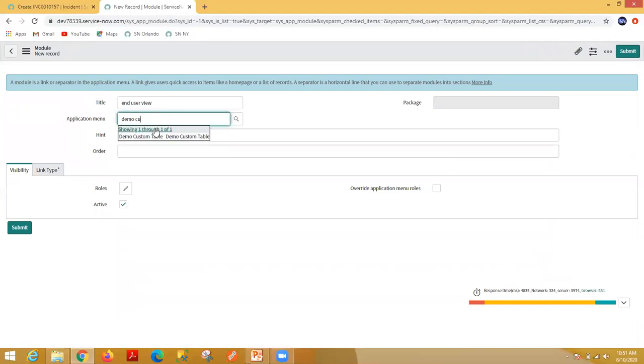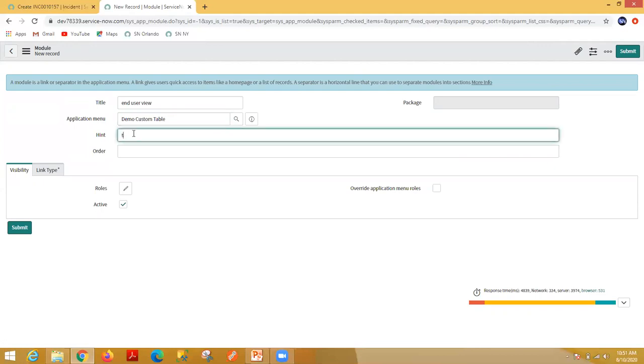Okay, and application menu is my demo custom table. I don't want to create a new application menu. So that is okay, and in the hint you can give, this is end underscore user view. Okay, and visibility, you can apply some kind of role here.